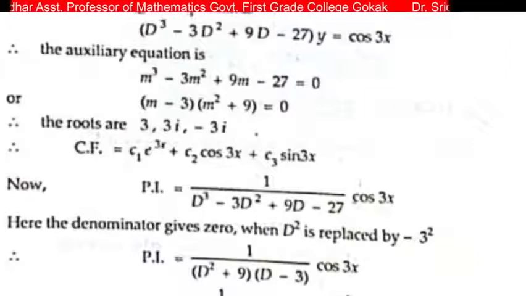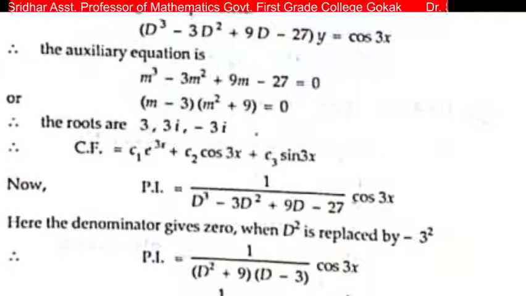And another method is that the particular integral is equal to 1 divided by, now this can be split as (D² + 9)(D − 3), as already we split here while finding the general solution. So we have split this as (m − 3)(m² + 9). The same thing we do here, (D² + 9)(D − 3) cos 3x. Now this is equal to 1 divided by D² + 9 as it is. Now here in this case we multiply and divide by D + 3. So D + 3, 1 divided by this also D + 3, so D² − 9 cos 3x.